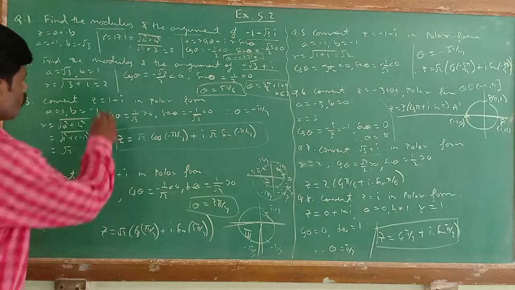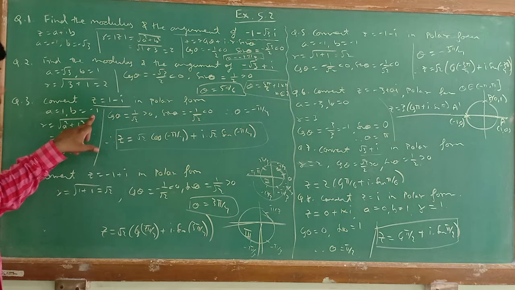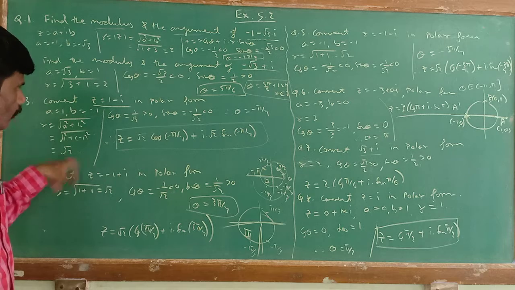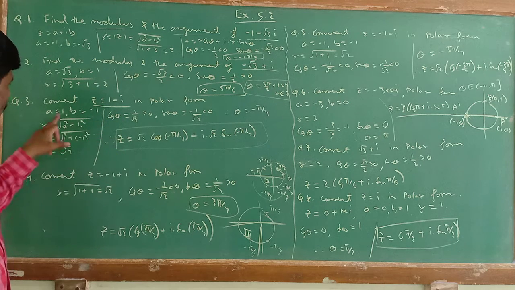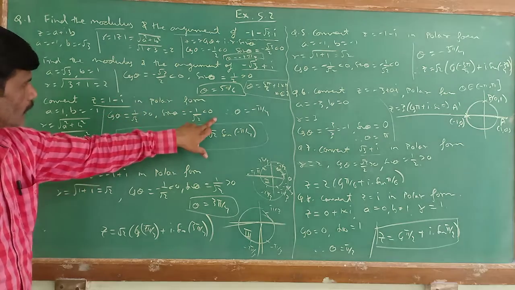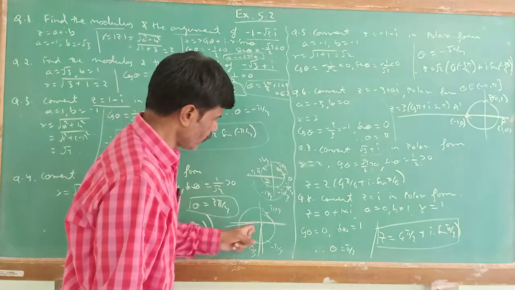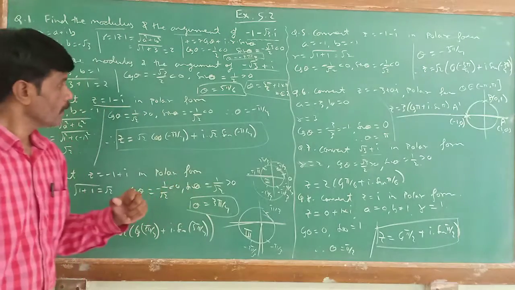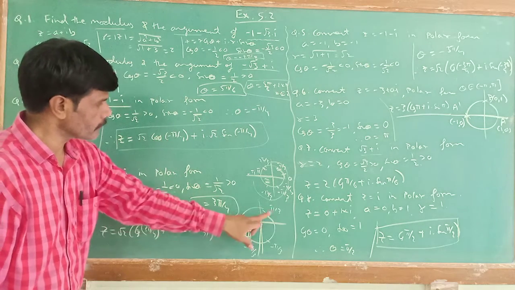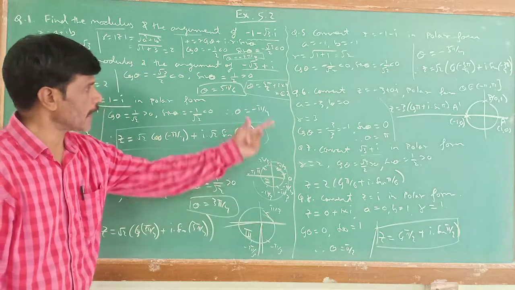Now convert z = 1 - i into polar form. So a is equal to 1, b is equal to -1. So r is equal to the root of a square plus b square, that is the root of 1 square plus (-1) square, that is √2. Now cos θ is a by r, that is 1 by √2, positive. Sin θ is b by r, -1 by √2, negative. Cos positive, sin negative. We are in the fourth quadrant. First think, sin of what is 1 by √2 in the first quadrant? π by 4. Then as we are in the fourth quadrant, the same distance coming back, so you get -π by 4.